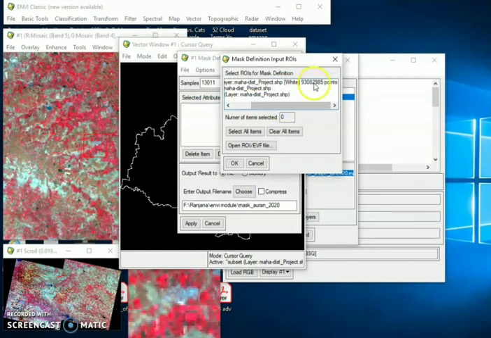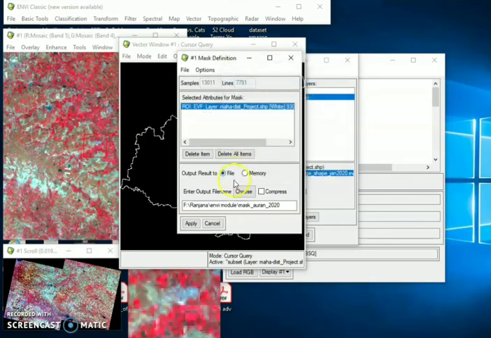The first file you need to select is the one indicating the white color, the area behind this window. So you can now click on OK. The ROI gets imported, and then you can click on apply.